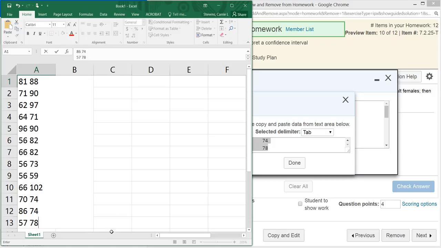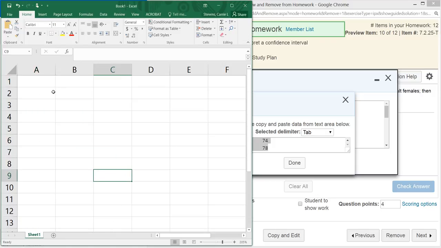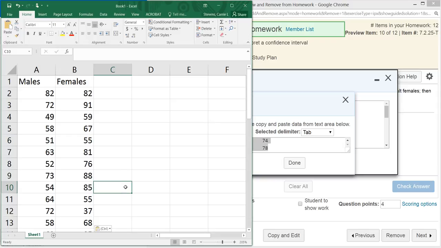That didn't work very well. That's not what I wanted. There we go, that's what I wanted. All right, so now that we've got that,